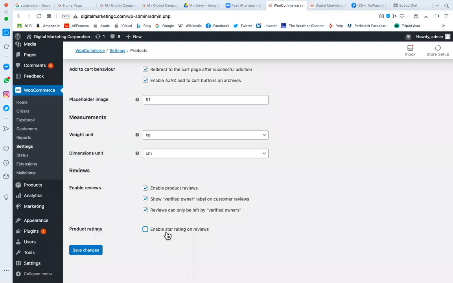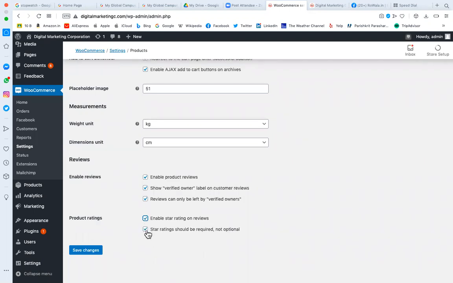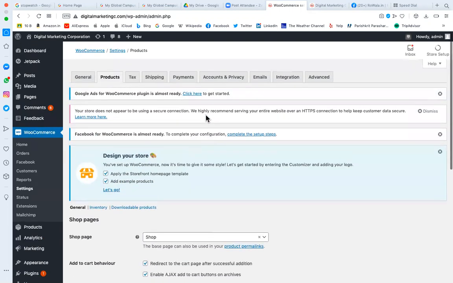It's across the platform, across the products. And if I enable the star rating, then whether you add one product or 1 crore products, it doesn't matter. On every product page you will have the star rating.